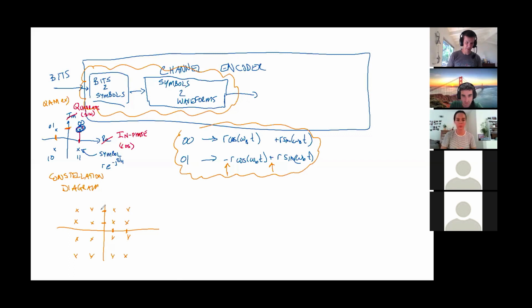I want to see if you follow this line of reasoning. If we send, say, this constellation point, this symbol, on the receive side, the received information is going to be noisy. But if we pass that noisy waveform through a decoder, whose job it is to take a continuous time thing and map it to one of these symbols,